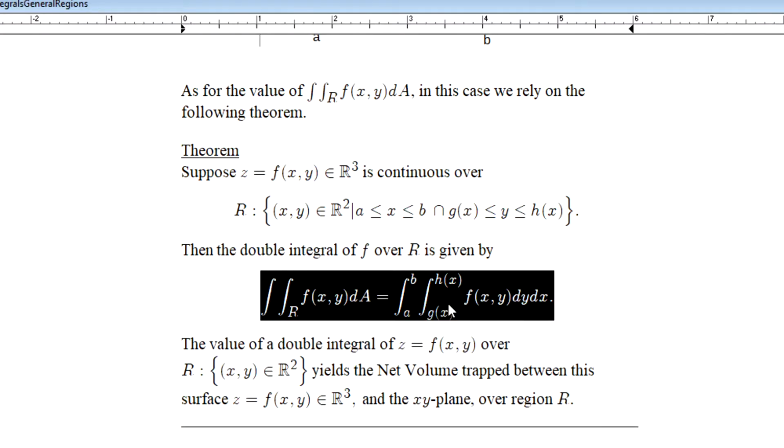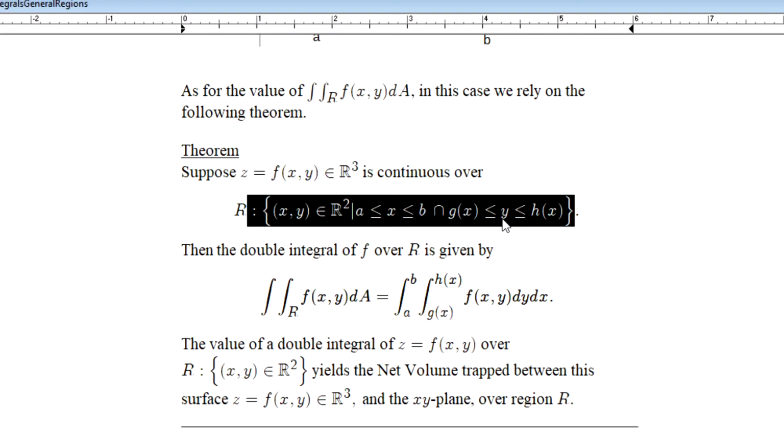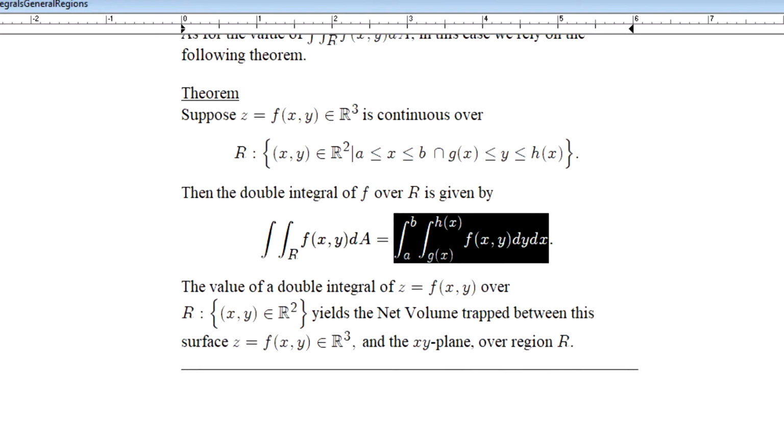What we do take note of, folks, is that we have a very specific case for calculating this double integral. For the case of a rectangular region in the previous section, we had some options for how this double integral calculation could be arranged. But in this particular case, when R is defined as we have stated in this theorem, the setup has to be very specific, happening on the inside with respect to y across these bounds from g to h, and on the outside with respect to x across these bounds from a to b. If we look at an example,